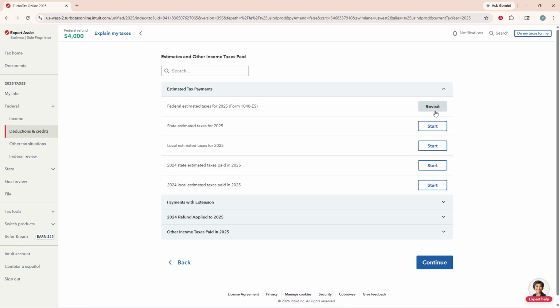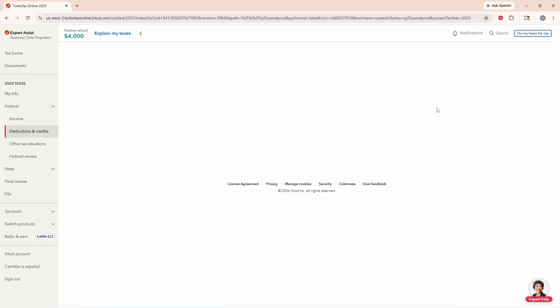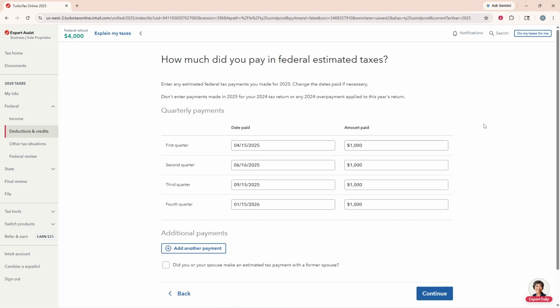TurboTax will immediately update your numbers, showing an adjusted refund amount or balance due based on the estimates you just entered. If the change looks larger or smaller than you expected, double-check the amounts and dates you typed to ensure they match your records. That's it. Your estimated taxes are now in TurboTax. Entering them accurately helps prevent overpaying or